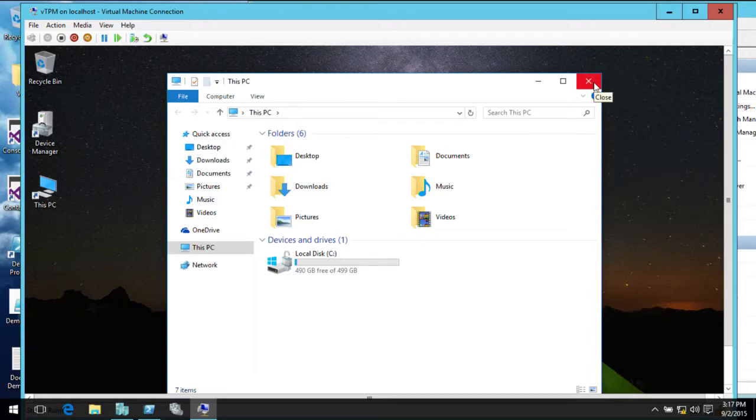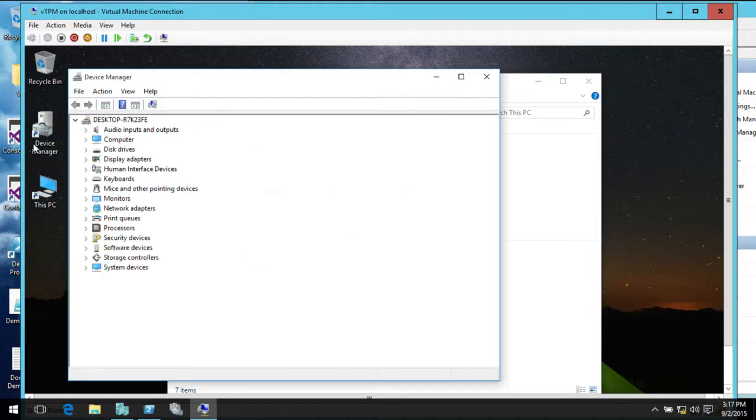Now, I will just say, full disclosure, what I'm showing you here is the nice little setup, and if I bring up Device Manager, you'll see I have a VTPM in here. This is our evaluation setup. With the TP3 build, you can go in and say, I want to enable TPM. This isn't our full story,